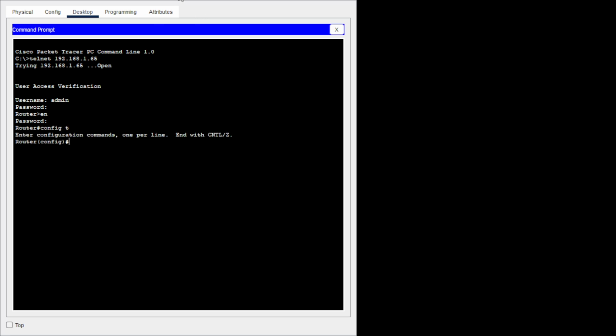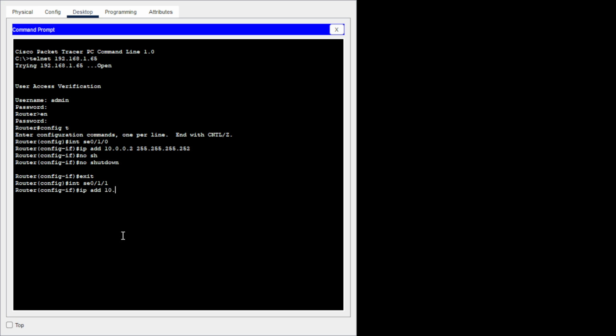Okay, here interface SE 0/1/0 IP address 10.0.0.2, 255.255.255.252, no shutdown, and next interface 0/1/1 IP address 10.0.0.6, 255.255.255.252 and no shutdown. Okay,